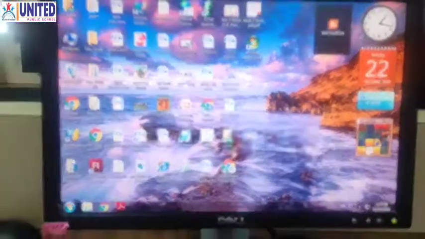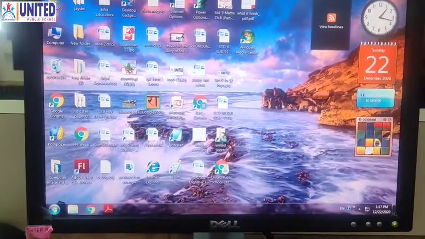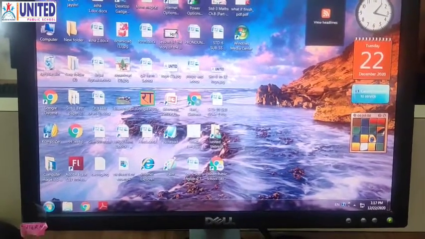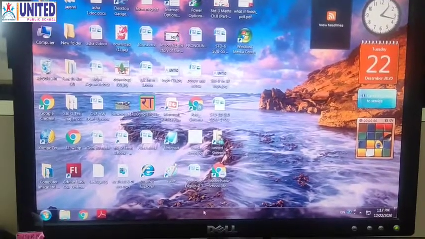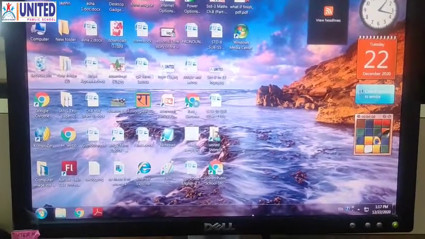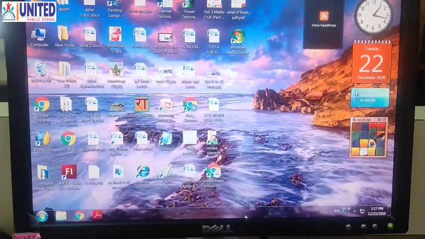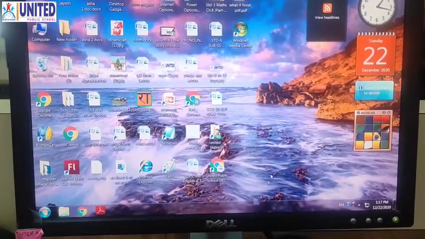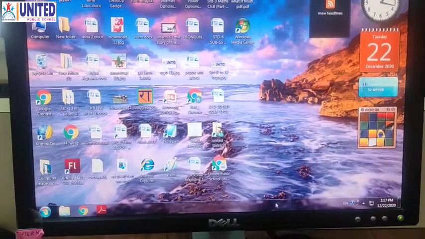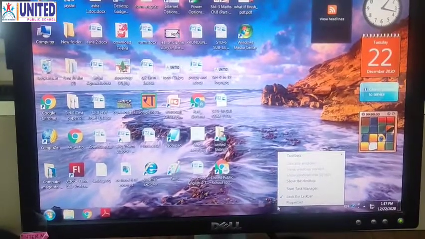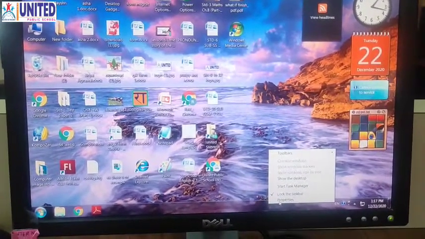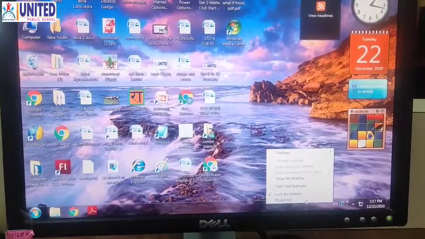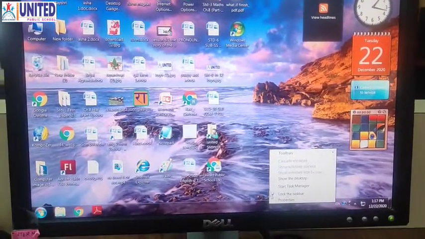Okay. Now let's see how we can change the position of the taskbar. Right now, where do you see the taskbar? Yes, the taskbar is at the bottom side of the desktop. Now we can change the position of the taskbar. For that, you have to take your mouse pointer on the taskbar. Now just right click. One pop-up menu will open. Now in that, you can see the lock the taskbar option is there. Now just click on it.